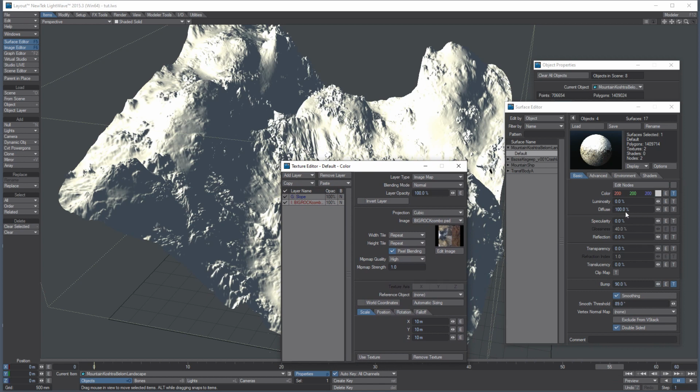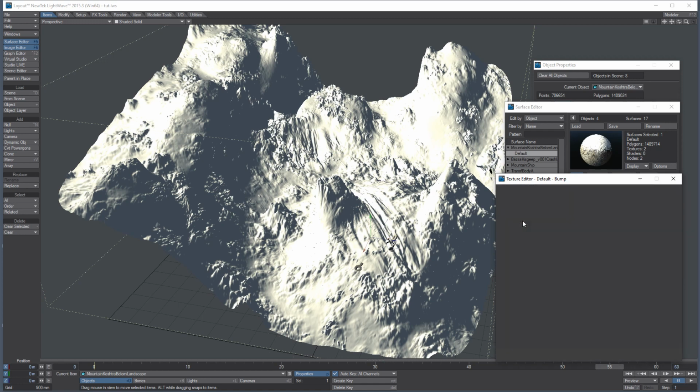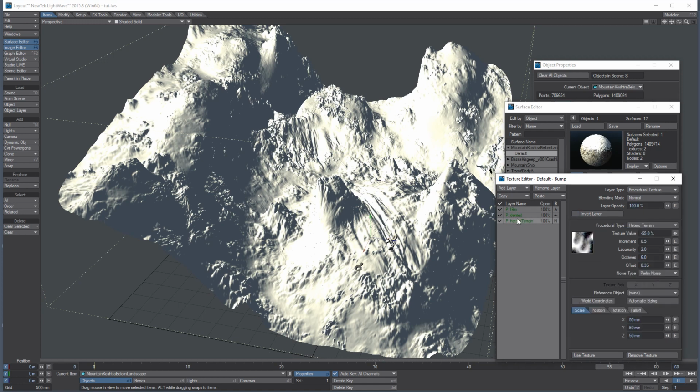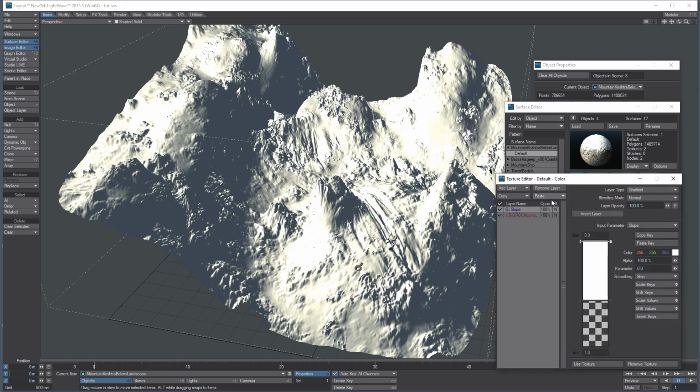As you see, I used a 100% diffuse with some bump, actually 3 layers of bump, different procedural terrain, dented, FBM, and alpha, etc. But the more interesting thing is the gradient, where I have used the slope as an input parameter,